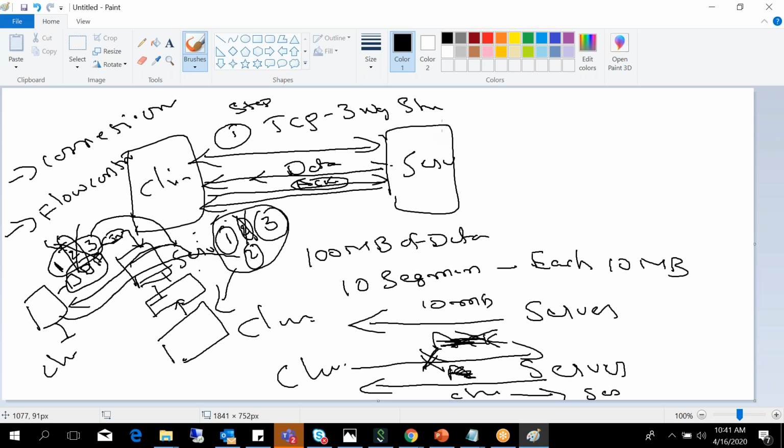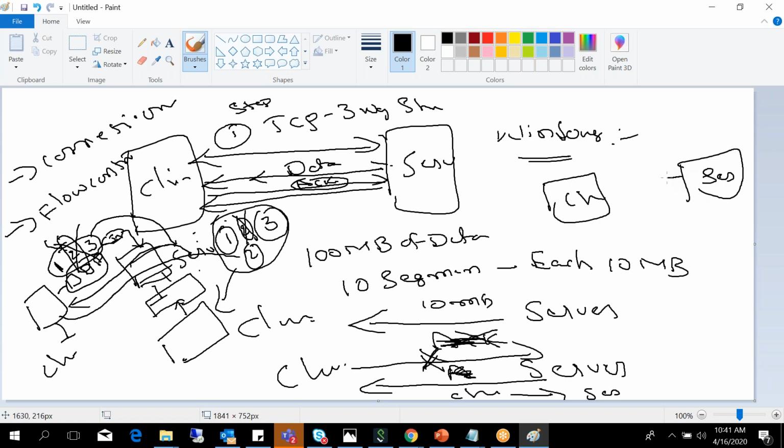And also there is a windowing mechanism. Windowing decides how many packets we have to send. Here is the client and this is the server. Let's say 100 MB of data: how many segments at a time can we send within a time frame?